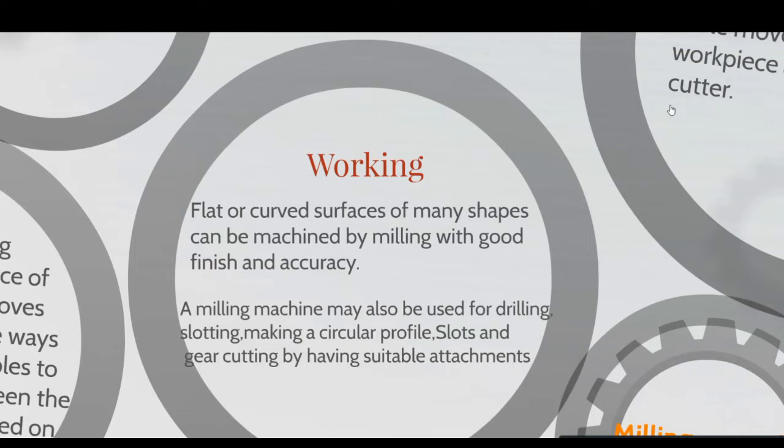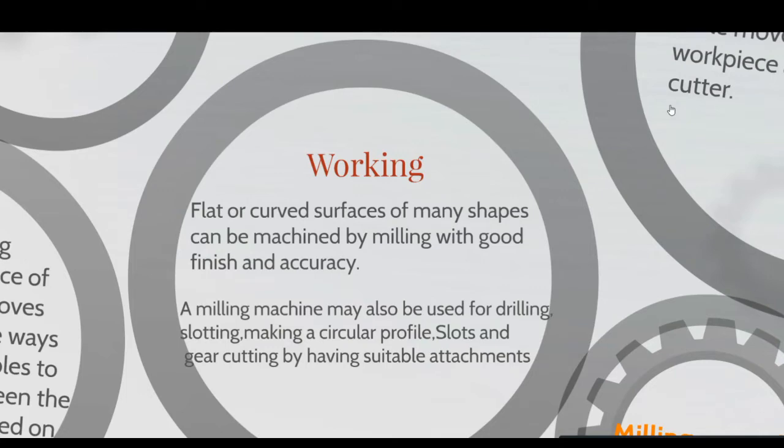The machine can hold one or more number of cutters at a time and rotates at high speed to remove the metal at a faster rate. The milling machine is used to make gears like spur gears and also drills the workpiece bore and produce slots.